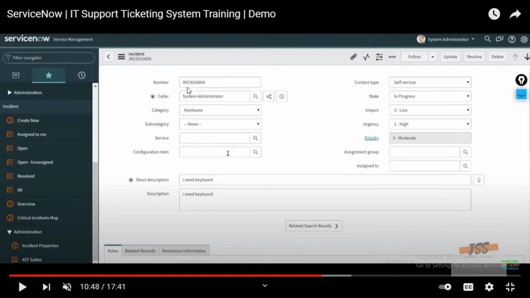Somebody opened this particular ticket. So within the ticket, these are all the details. What is the status of the ticket? It is in progress. Then whether it is a low priority ticket or high priority ticket. What is the urgency of the ticket? Is it a very urgent ticket or a low urgency ticket? Then what is the priority of the ticket? Is it a medium priority ticket or high priority ticket? Okay, then